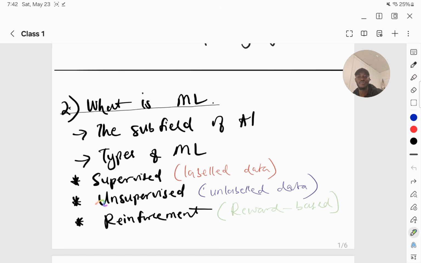The next one is the unsupervised methods. Unsupervised methods use unlabeled data, right? And then the third part is reinforcement techniques, or reinforcement learning. So we have supervised, unsupervised, and reinforcement learning. Unsupervised uses unlabeled data, while reinforcement learning uses a reward-based method, such that the agent learns from a reward,